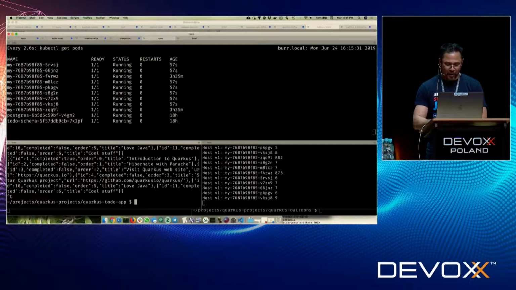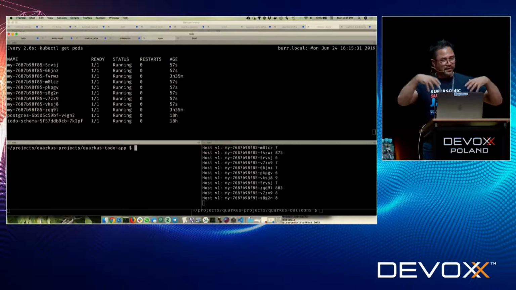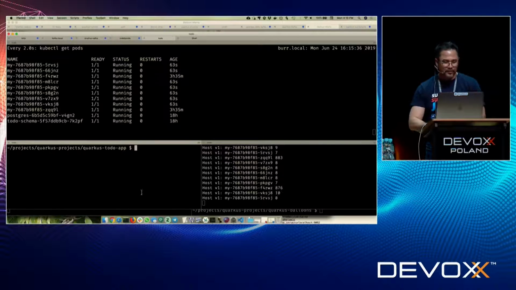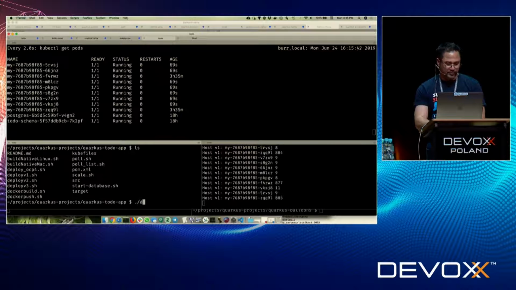Now, here's what's more powerful. Again, for those of you who are looking at DevOps, CI/CD, continuous integration, continuous delivery, continuous deployment, and you're trying to think this through, what does it mean to actually make a change to the application? So I actually have some scripts here. I want to kind of show you, let's do this.